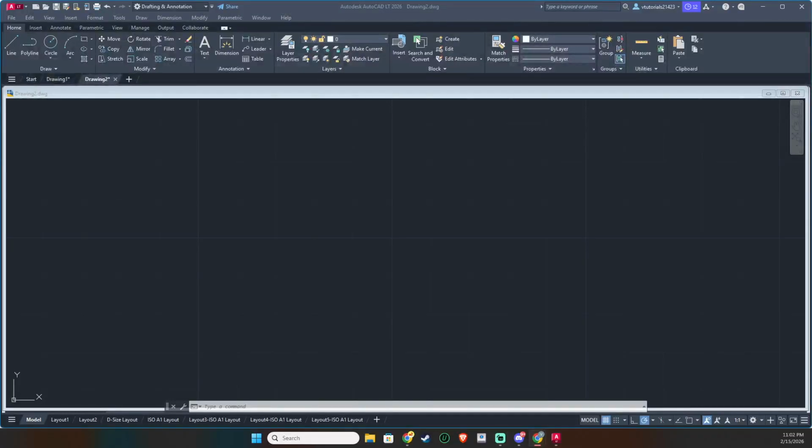In today's video, I'm going to teach you how to increase arrow size in AutoCAD. Let's begin by opening AutoCAD and loading the drawing you want to adjust. Make sure you're looking at a view where you can see a few dimensions clearly, so you can judge the